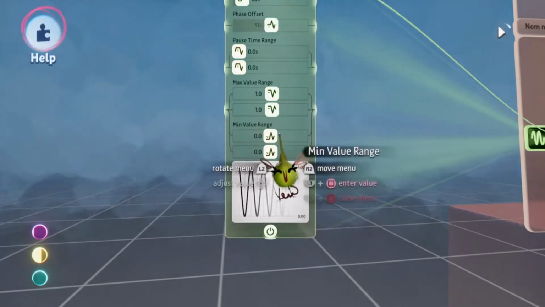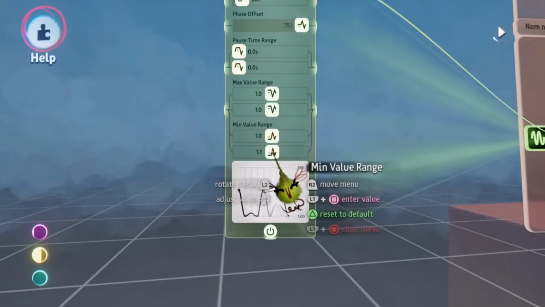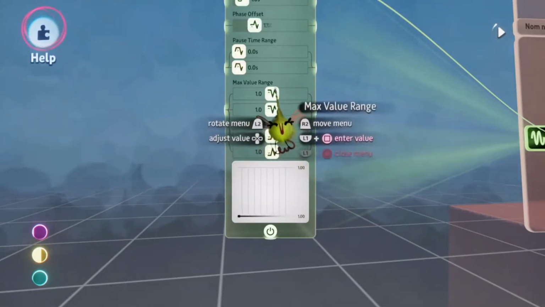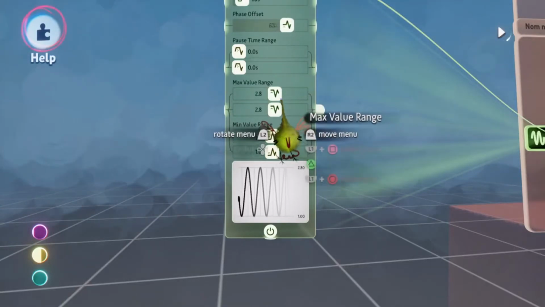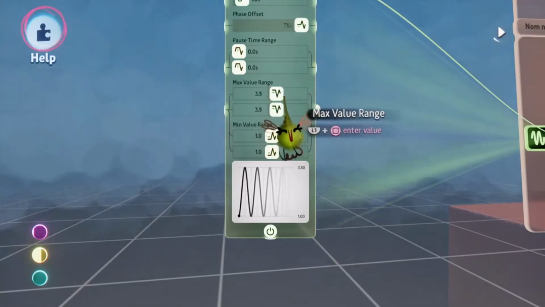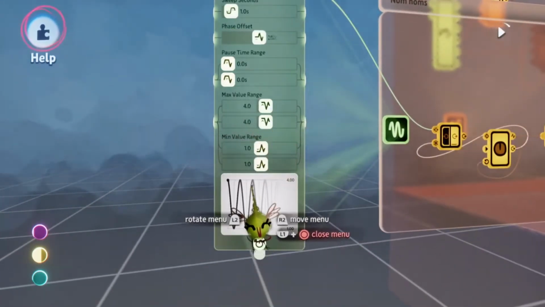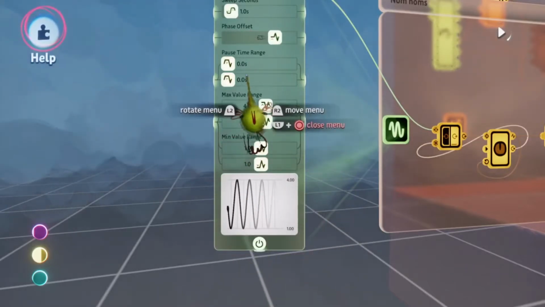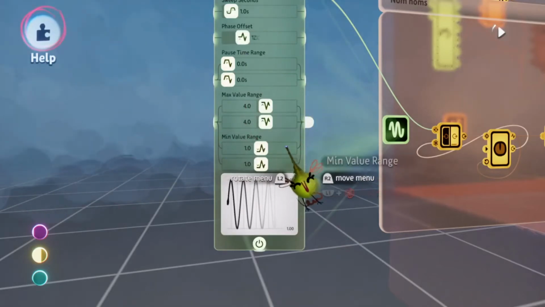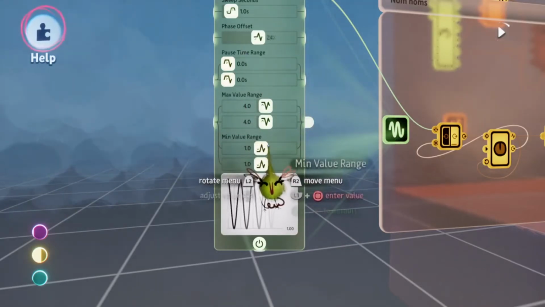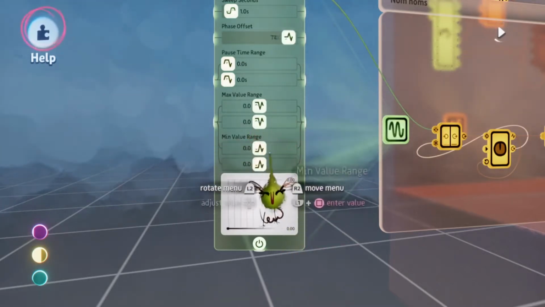So you could do, let's say I want my min to be 0.1, I want my max to be 4. So now it's going from 1 to 4 in 1 second, and it's picking a number between 2. You can do it this way, or something that's been more effective for me, and this is something I've done from the start, is I would say